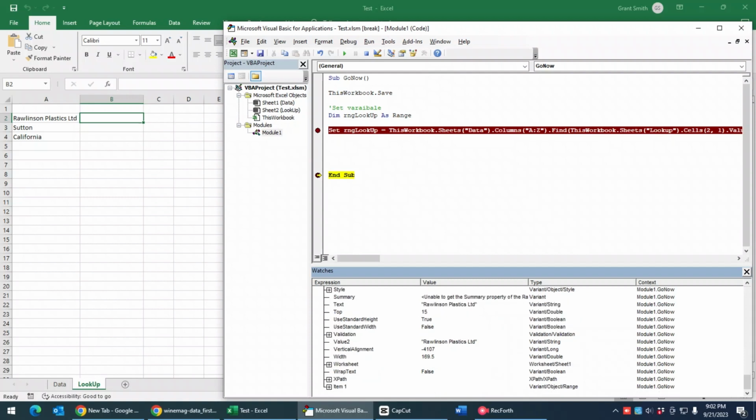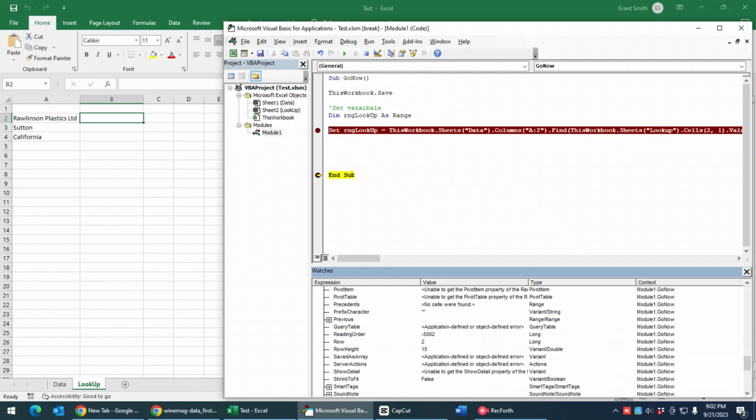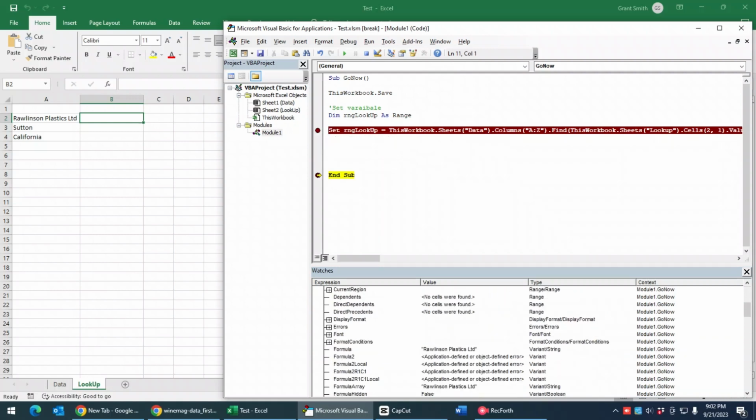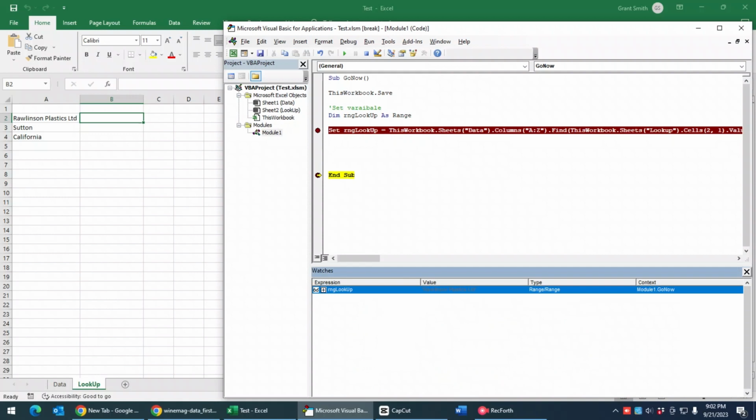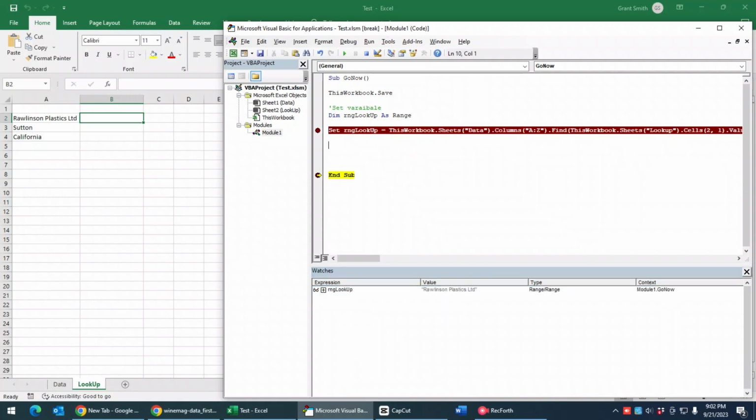It's going to typically return the value of that, or the text. So you can see that's why values come back with that value. But if I wanted for some reason to return the width, I could. So this is now looking up this value. It's returning multiple things. I can either use the address, or I can say something like if range lookup